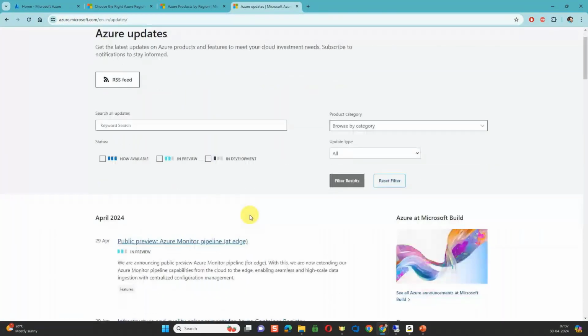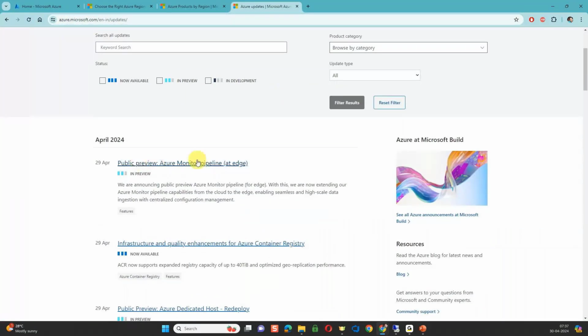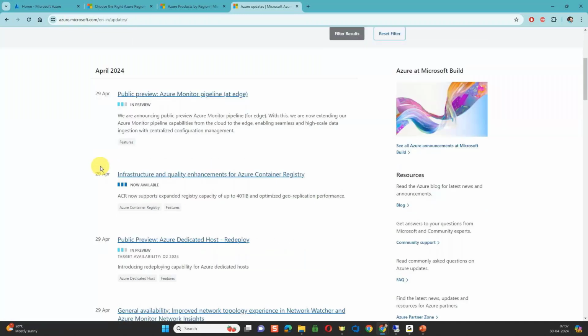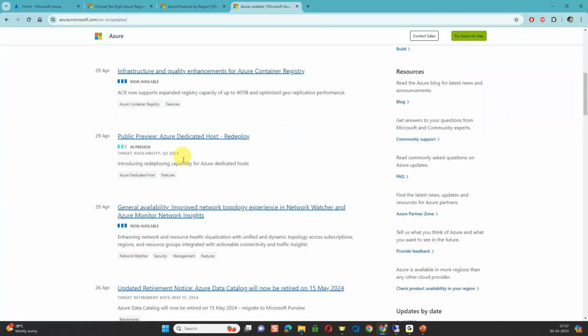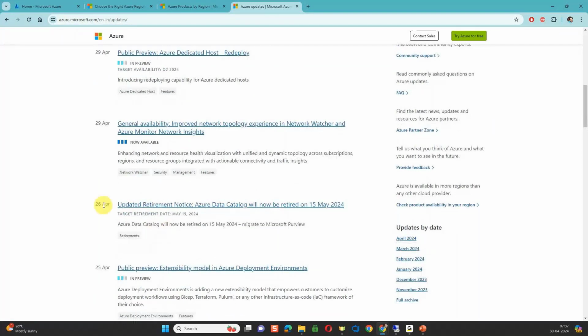So you see public preview. This is a new feature, Azure Monitor Pipeline. Some features were released yesterday, and these are all things which got released yesterday. And on 26th April,